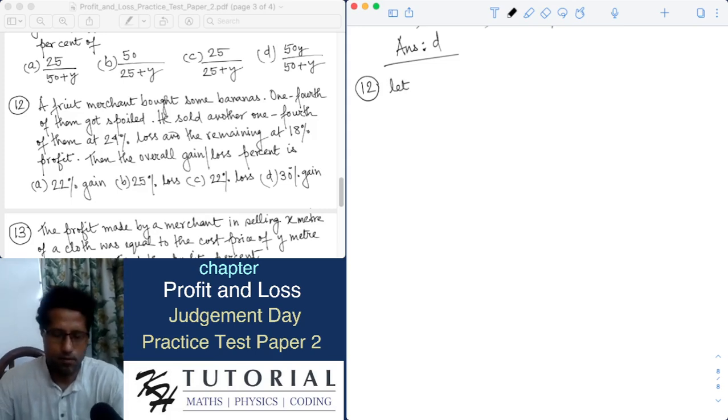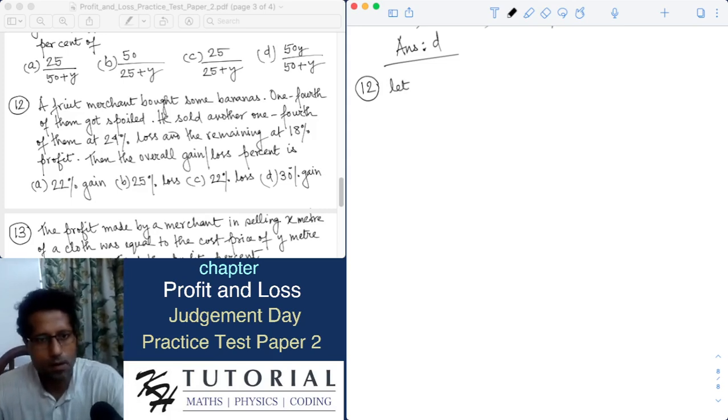So there are no details given: it is not given how many bananas there are, what the cost price of a banana is, or what the selling price of a banana is. But since it is talking only about the percentage loss or profit, we can assume